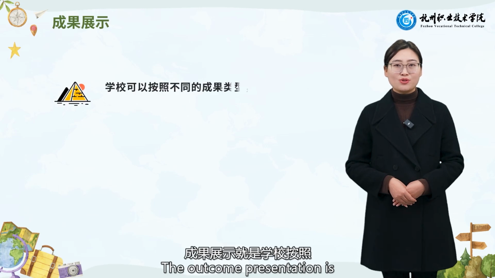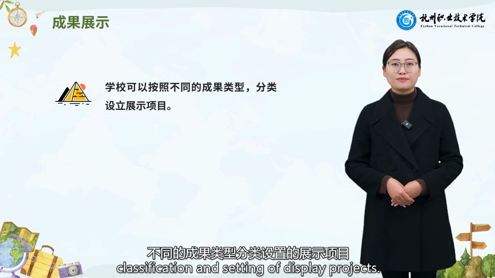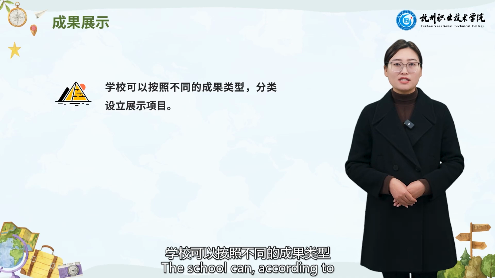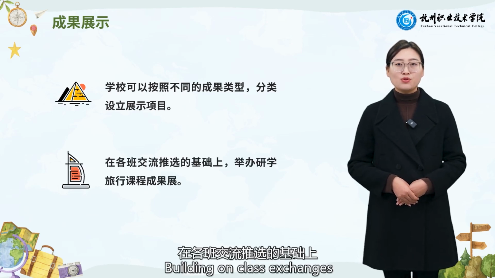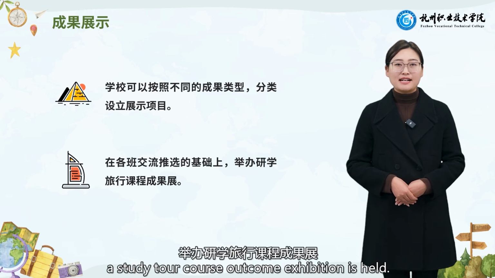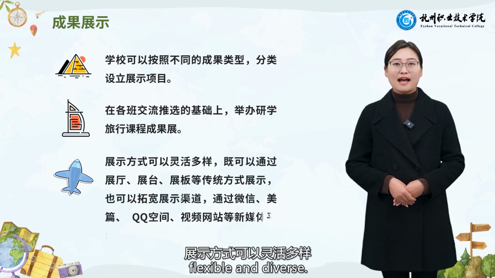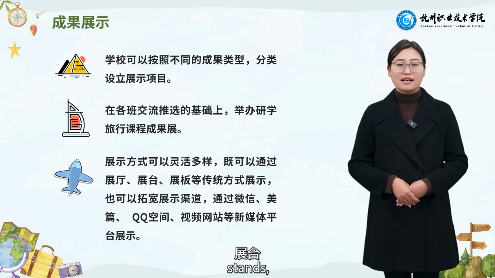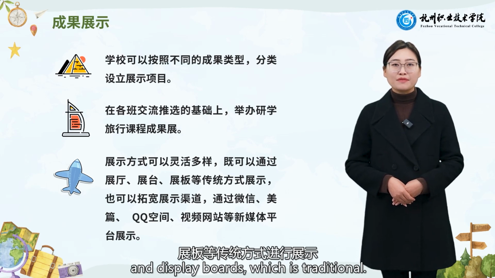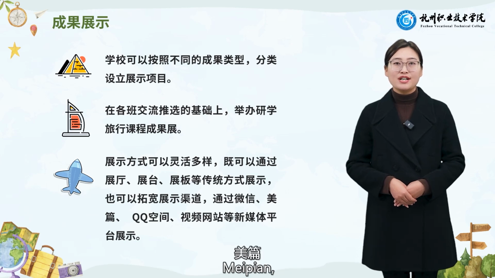The outcome presentation is organized by the school according to different types of outcomes for classification and setting of display projects. The school can, according to different types of outcomes, classify display projects. Building on class exchanges and nominations, a study tour course outcome exhibition is held. The exhibition methods can be flexible and diverse. It can be showcased through traditional methods such as exhibition halls, stands, and display boards, or broaden the display channels through platforms like WeChat, Meipian,